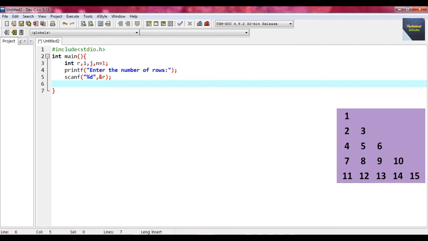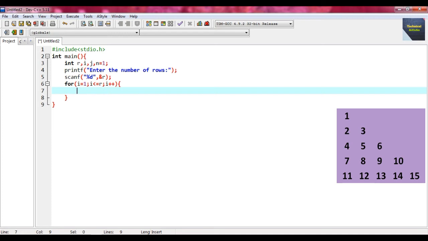We already know that to solve this type of triangle problem we need a nested loop. As far as the nested loop is concerned, we are using for loops. The outermost loop will be a for, and the innermost loop is also a for. For the outermost loop, just write for i equal to 1; i less than or equal to r; i plus plus. Put the braces, and within that for we include another for, meaning we declare the nested for,